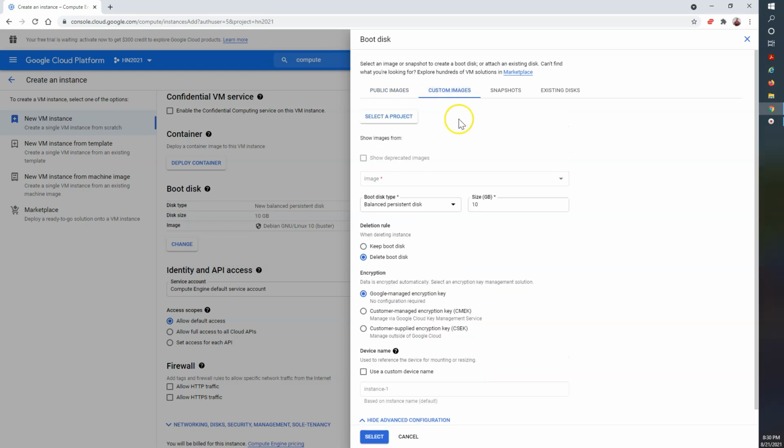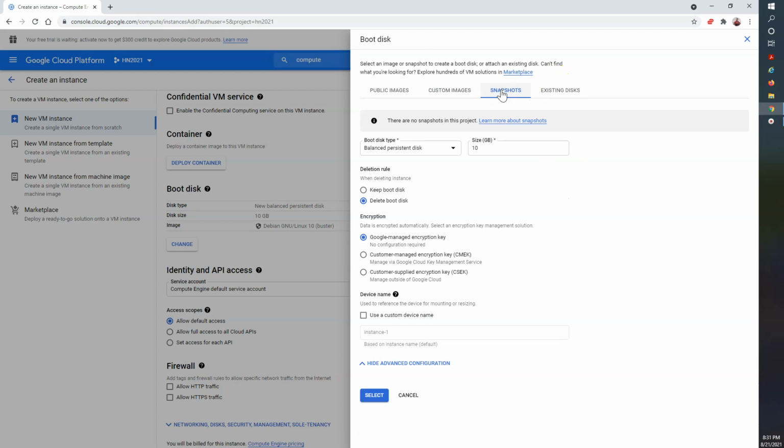The next section is the custom image. If you want to take any custom image which is available here, we don't have one available because we have not created it. But if you want to take any other custom image which we have created, normally a custom image is used where you need a specific configuration set. So based on your requirement, every time you don't need to configure your application level, you are using the custom level configuration. Same as you can create the snapshot from the particular image, and if you want to use that particular snapshot, you can use it here.